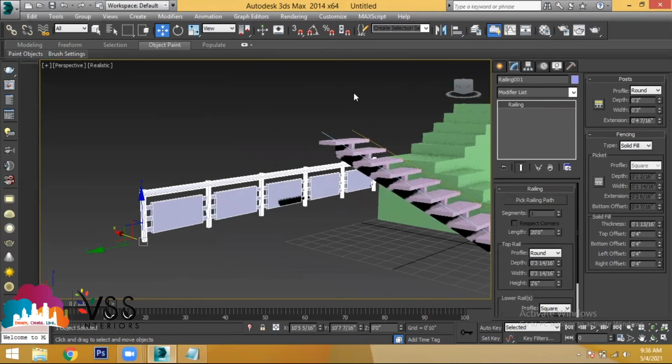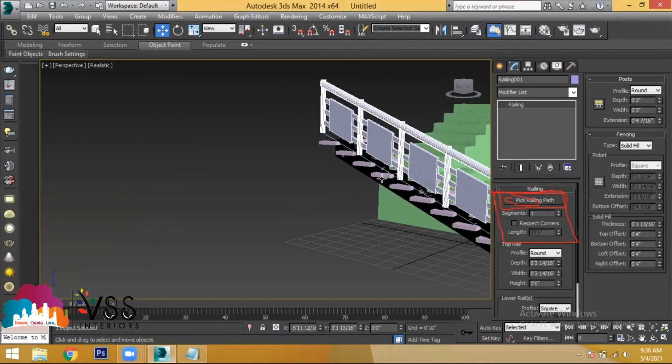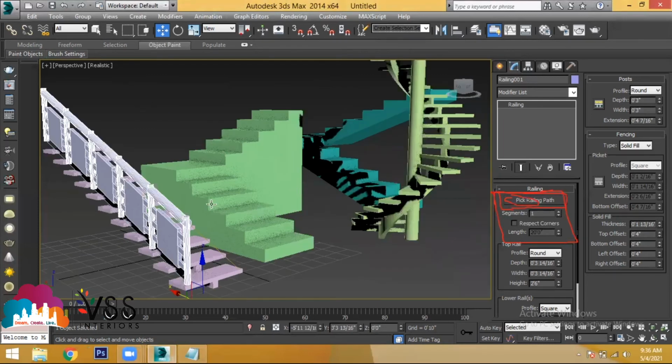And in railing, in the starting, you have the option called pick railing path. Now choose this pick railing path. Click it and choose the path. This is the path which you have applied in the staircase. Select the path. Automatically, that railing will be applied to that particular path like this. Clear?